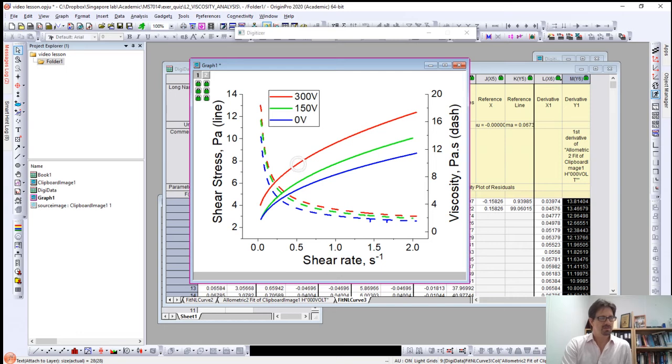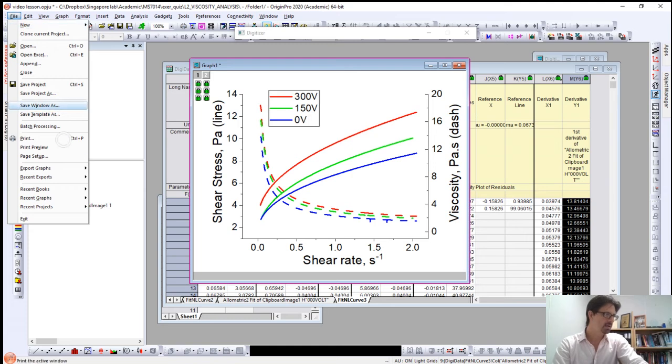So now, there's a number of ways you could do this. If you wanted, you could just do Control-C, copy and paste this to other programs. But if you want to put this in professionally, you want to make sure that you have a very good export photo in TIFF or JPEG. So I'll give a quick demonstration of how to do this now, to make your reports later. So if you go up here to File, and then to Export Graphs,